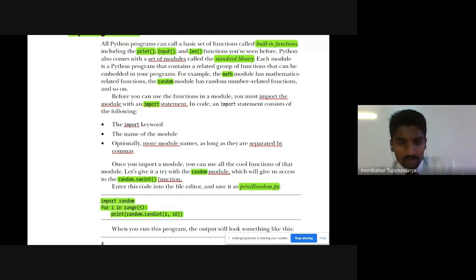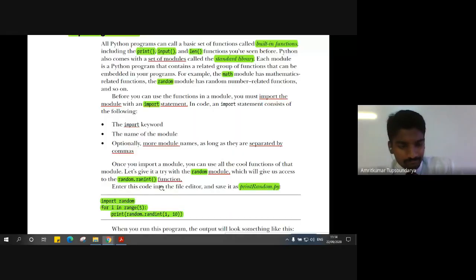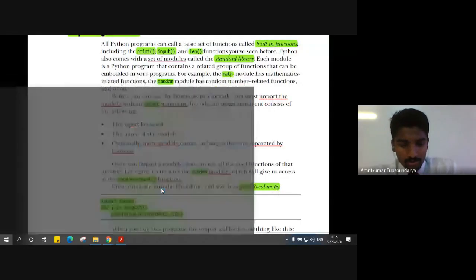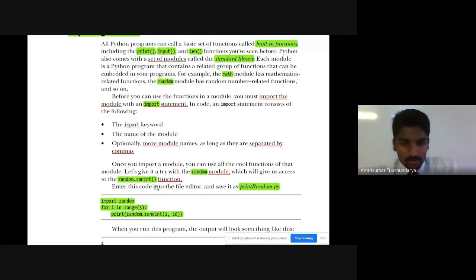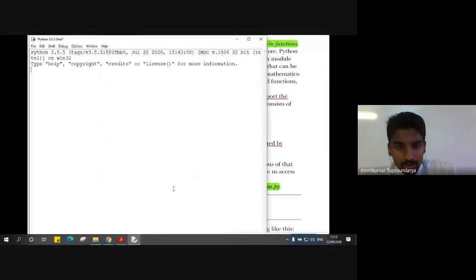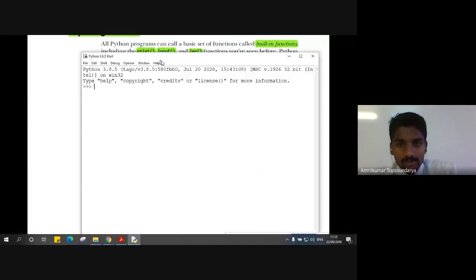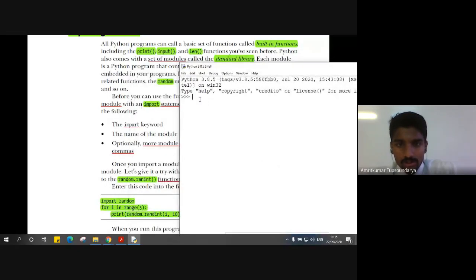So let's have some hands-on with respect to Python. Ideally, those who have already installed Python can start implementing this code along with me. I hope most of you have installed it. Those who have access to a laptop or PC have installed this Python software and are doing things along with me.